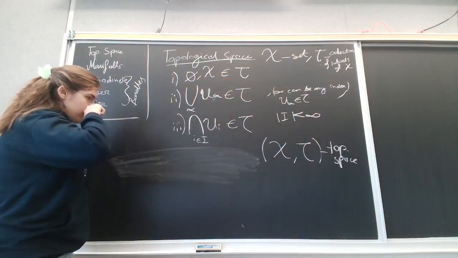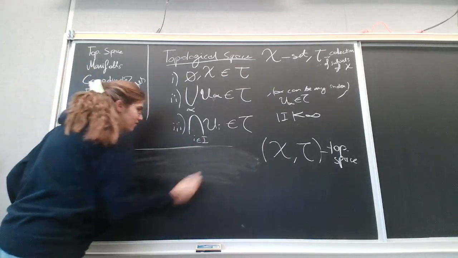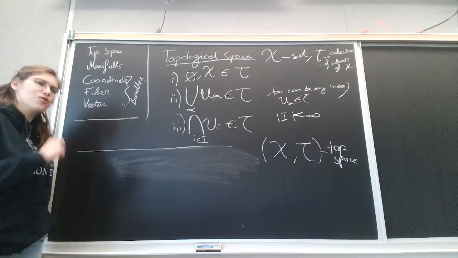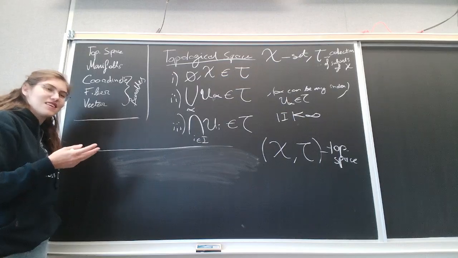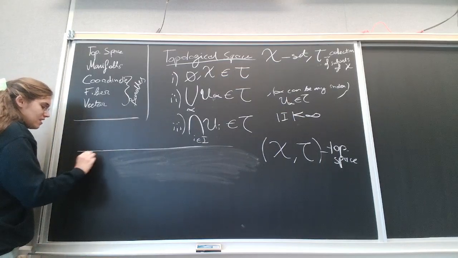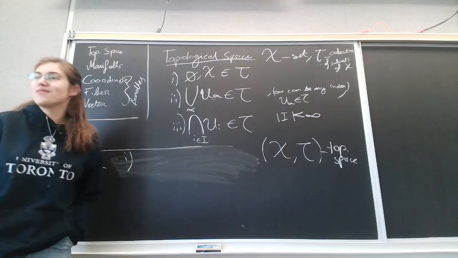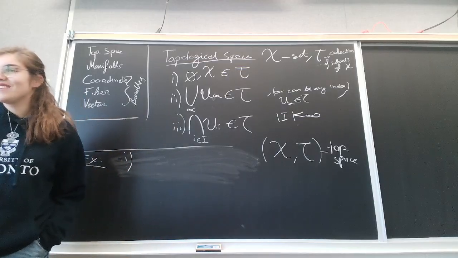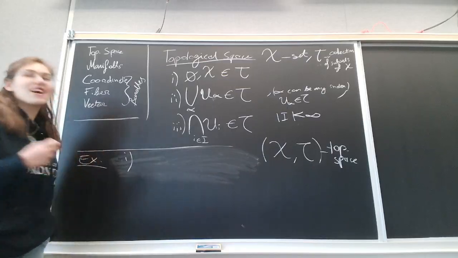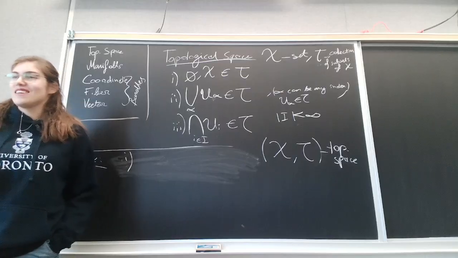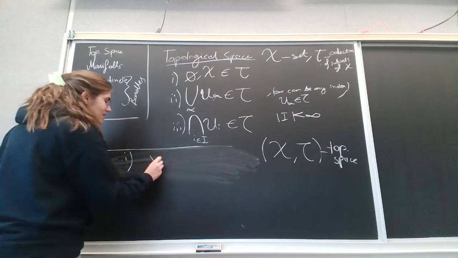Okay, so two basic examples. What would work? Like, the first thing that comes to your mind? Yeah, something like that. Okay, examples. So what would be a very trivial thing to do to choose a topology on any given set? Like what is the smallest thing I can choose? Yeah, so the empty set and